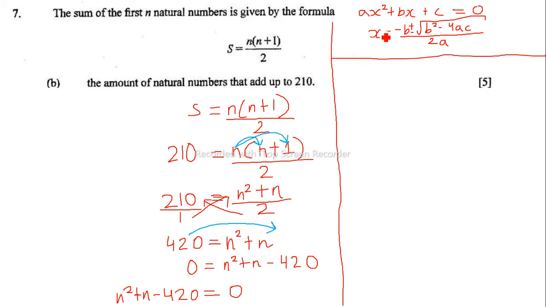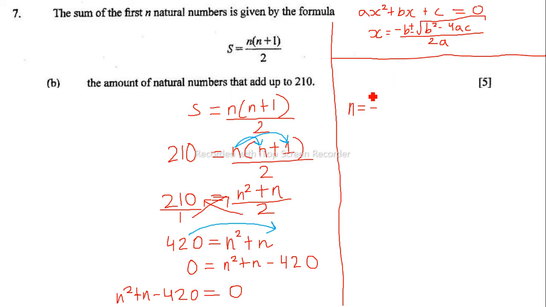So instead of x, we put n. So the solution for n is going to be equal to negative b. Now b is going to be the number in front of